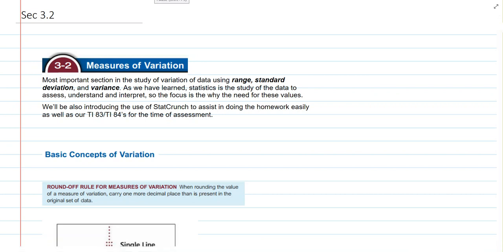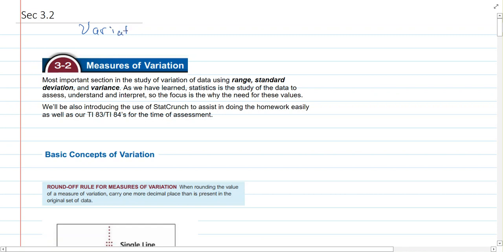This is section 2 of chapter 3, and it's called Measures of Variation. Now think of the word in vocabulary, variation, is change. It's a change of something. Variation, what is changing? Well, in statistics, we talk about this variation